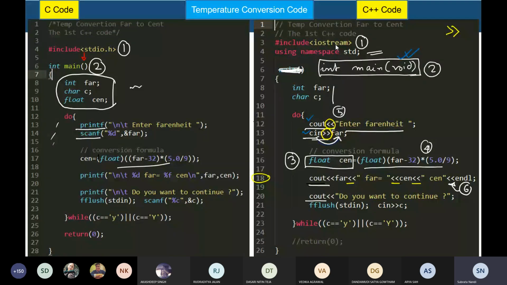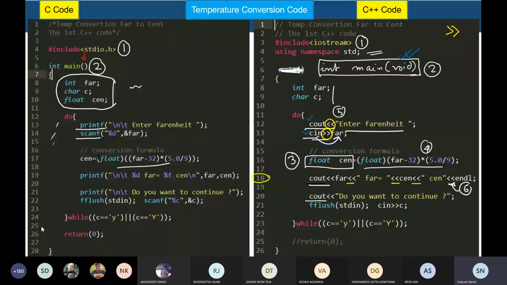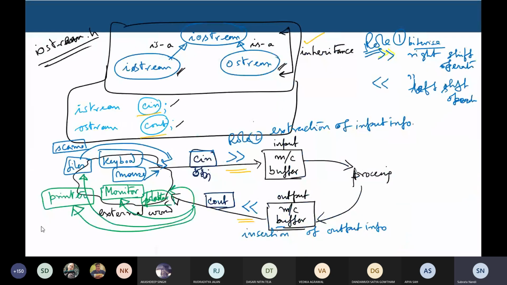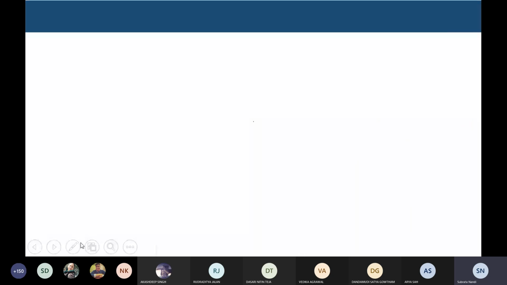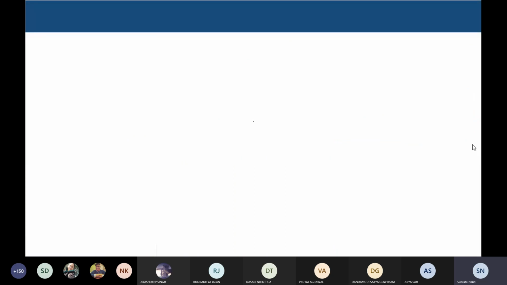So we can see the differences becoming evident. Now, can you point out the next difference in that line 18? The format specifier. Yes, format specifiers are not required. That is the advantage of cout and cin. So we can list this also while we are writing cin and cout. Let us write it here. What are the advantages of using cin and cout